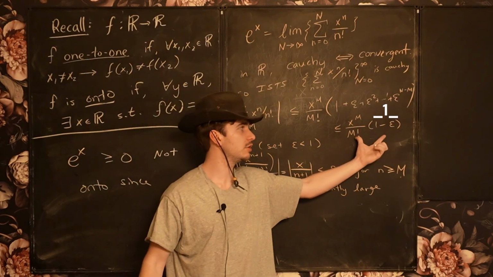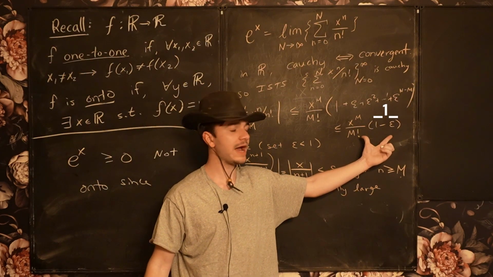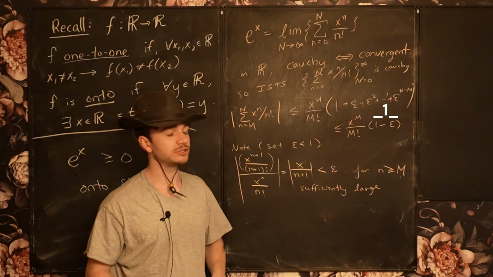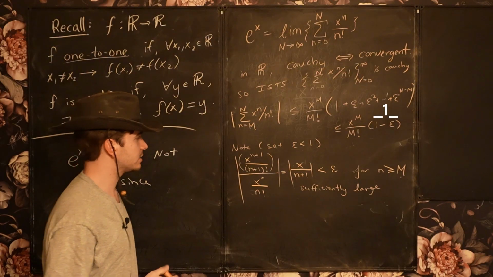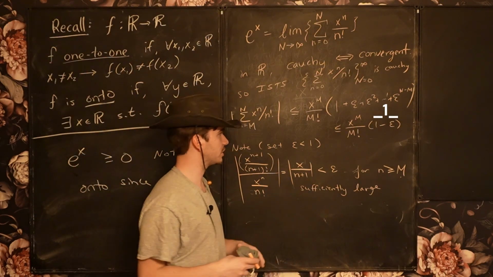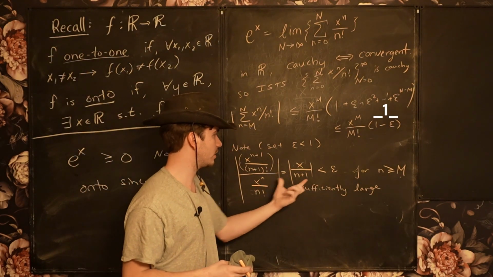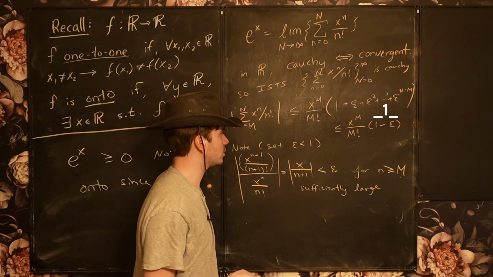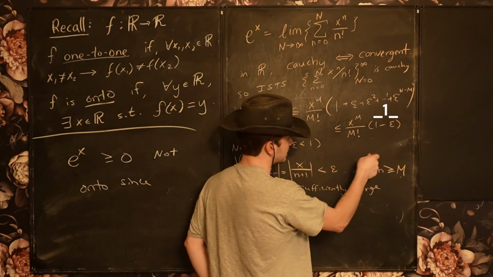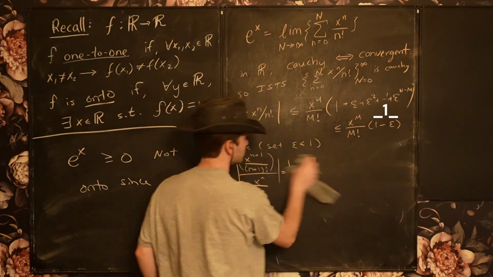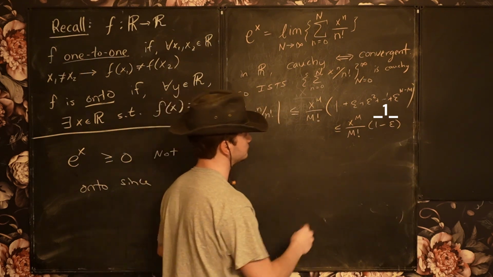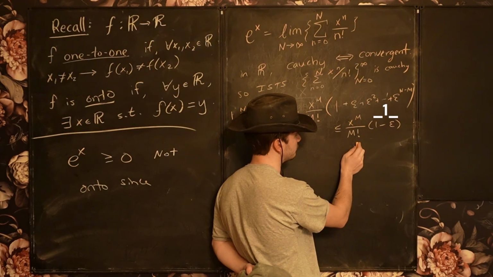And now we just need to show this quantity goes to 0 in capital M in order to show that the sequence is Cauchy. And to show this goes to 0 in capital M, it's not too bad because we already have this quantity here. So we already have this. So essentially, as I send m to infinity, let's just finish off the proof here. So sending m to infinity,